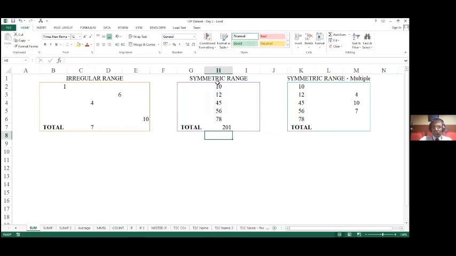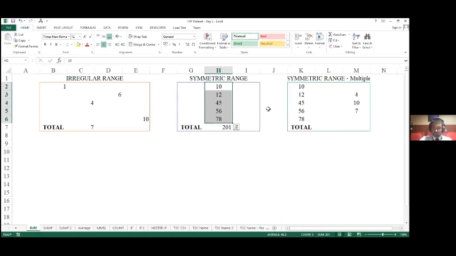Also, I told you about the inbuilt functionality in Excel where Excel will give me the total. We'll cross-check this answer with that as well. So I'm going to select the series like this, and look down. Notice here Excel has understood my count is 5. I've selected 5 cells. The total is 201 and the average is 40.2. So the answer given by the SUM formula is 201, which is correct.